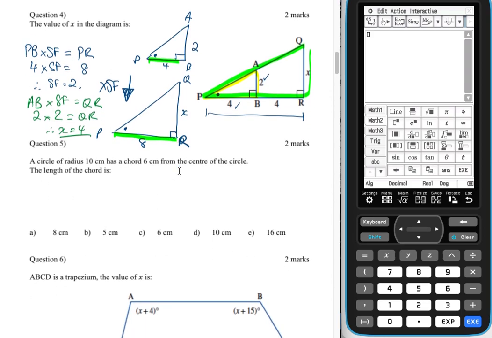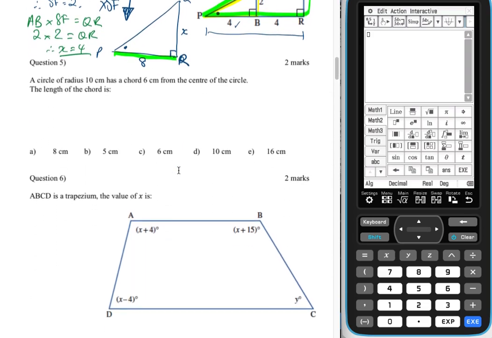Okay, we're on to question 5 now. A circle of radius 10 centimeters